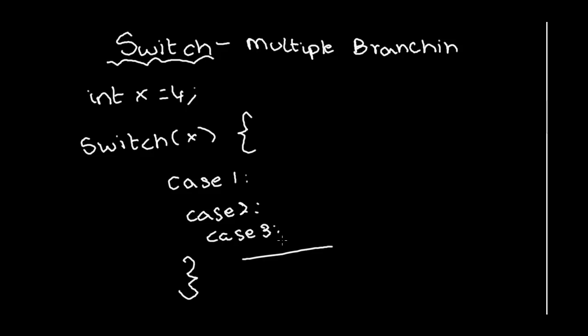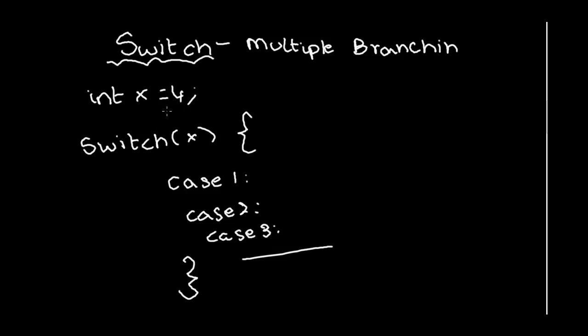Now what does this mean? First, let me tell you that switch works on the value of a variable. I know I said that before, but it only works with int and char variables, nothing else. I think it also works on byte and short. I'm not sure, I'll look that up and tell you. But the two important data types it works on are int and char.